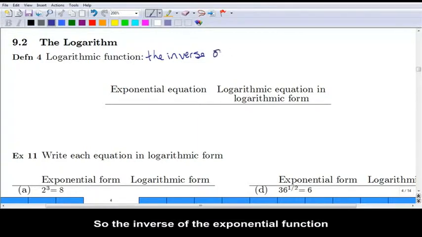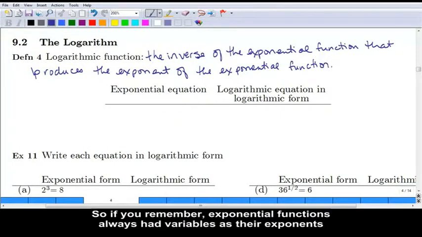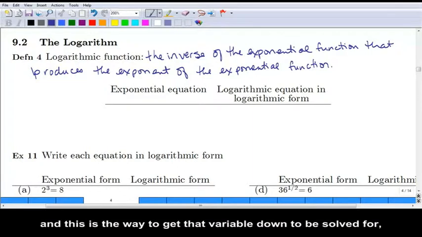So, the inverse of the exponential function that produces the exponent of the exponential function. So if you remember, exponential functions always had variables as their exponents, and this is the way to get that